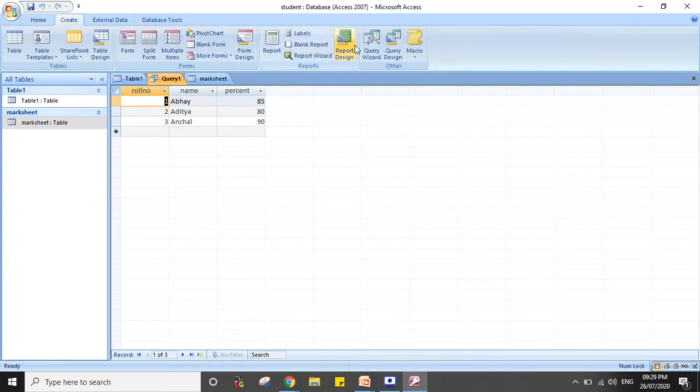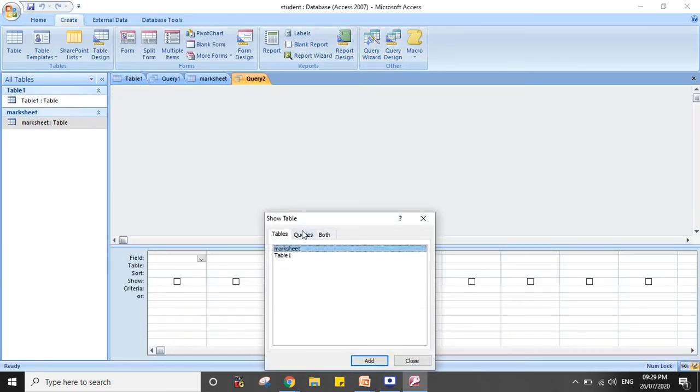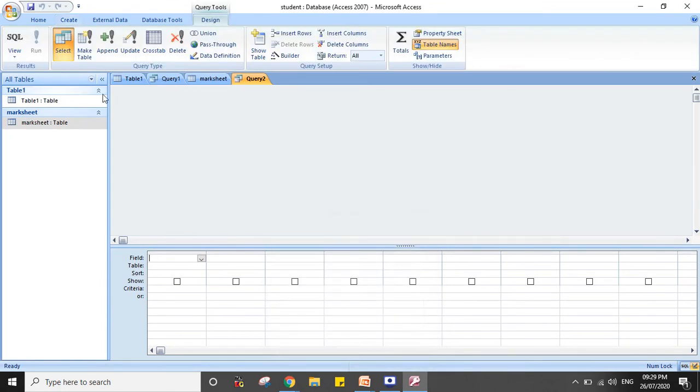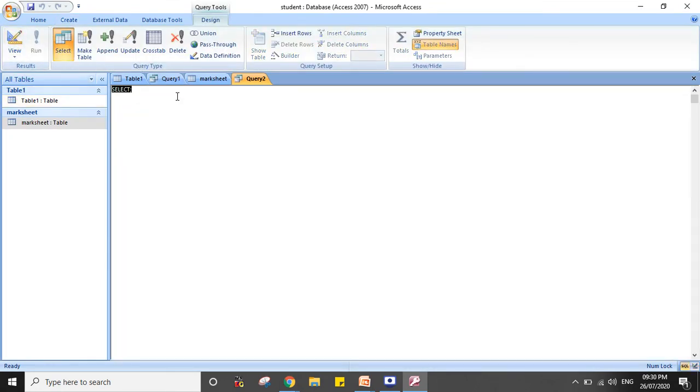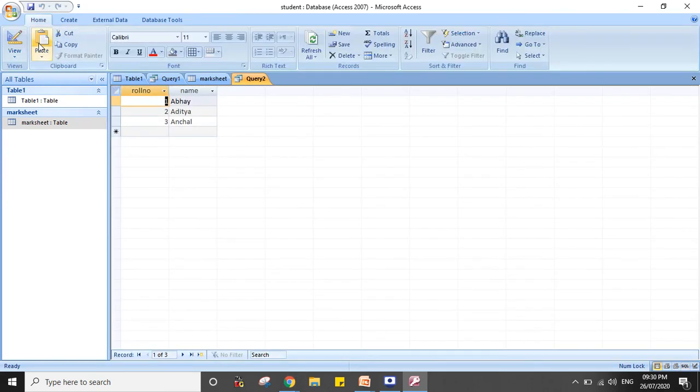Suppose I want to create one more query. Select. Now I want to display only the roll number and name. Roll number, name, from mark sheet. Only two fields have come, roll number and name.